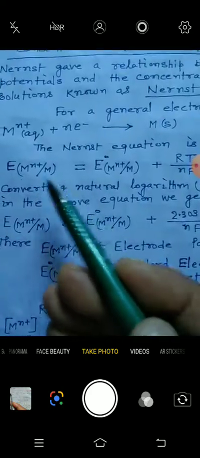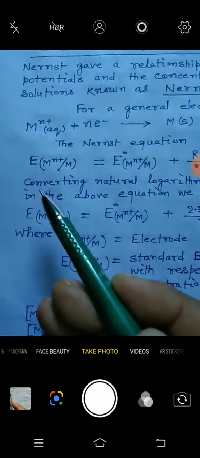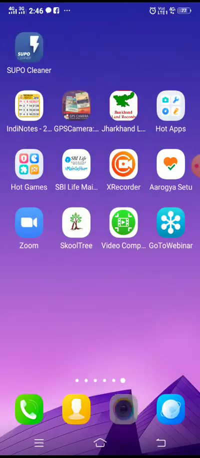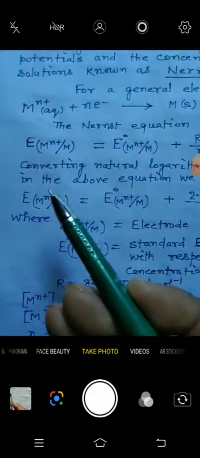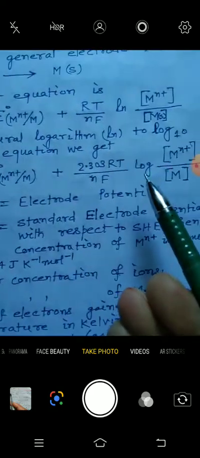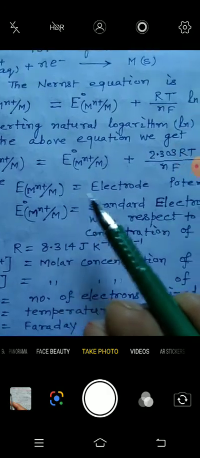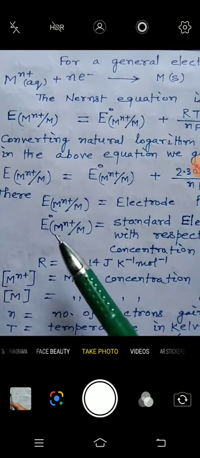So see here, this is the Nernst equation, and converting natural logarithm ln to log in the above equation, we get such a relation, where E stands for electrode potential, and E naught